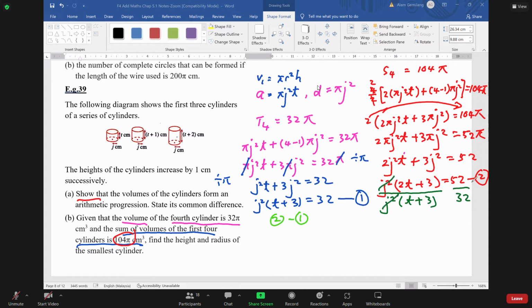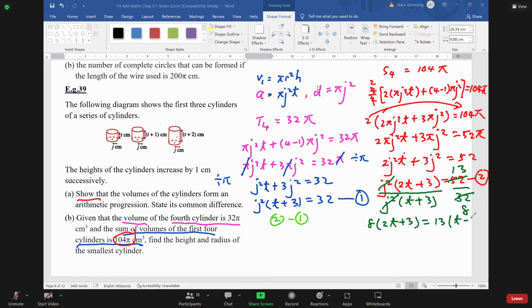So this one is divided by 4. 4, 8, right? This one is 8. This one is 13. Yeah, so cross multiply. This one, bring over 8 times (2t plus 3) must equal 13 times (t